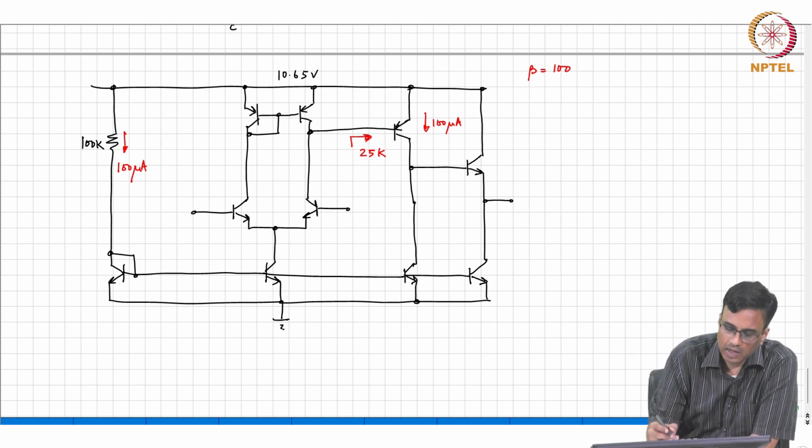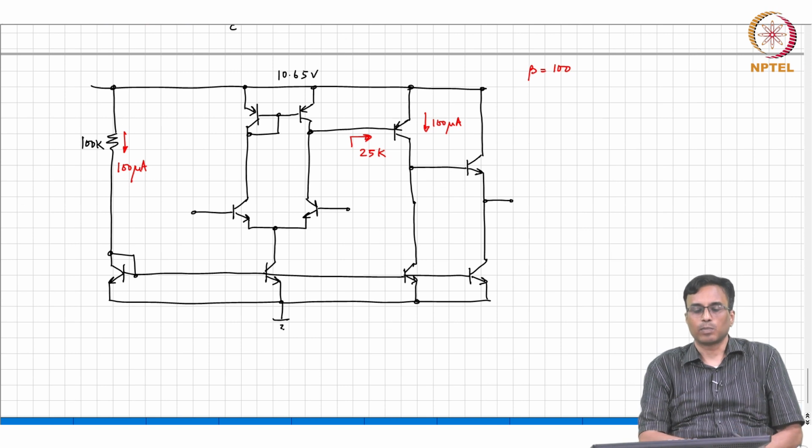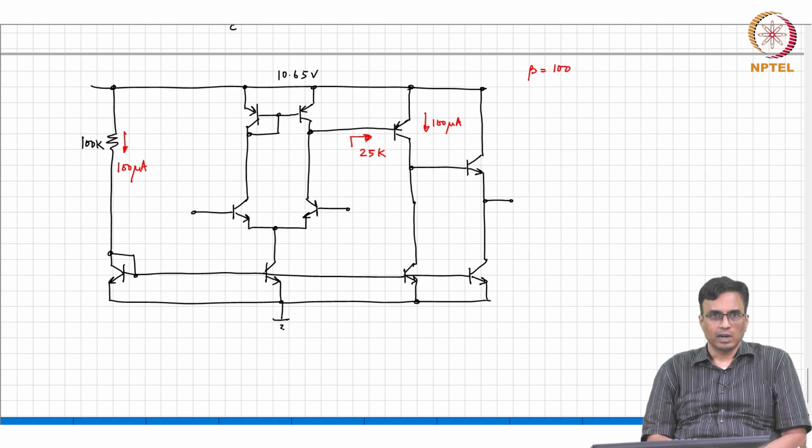So, now the practical problem that comes about is that the second stage actually loads the first stage, and therefore the gain of the first stage is going to get reduced, because the output load is now ROP parallel RON parallel 25 k, and in all likelihood the 25 k is probably going to limit the